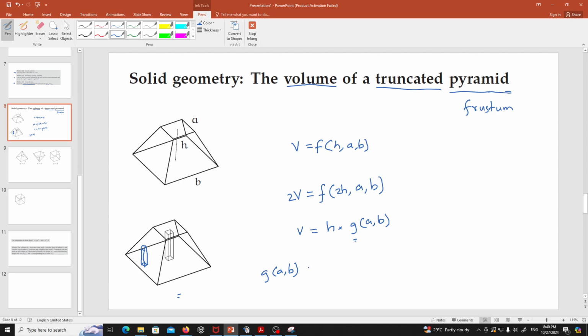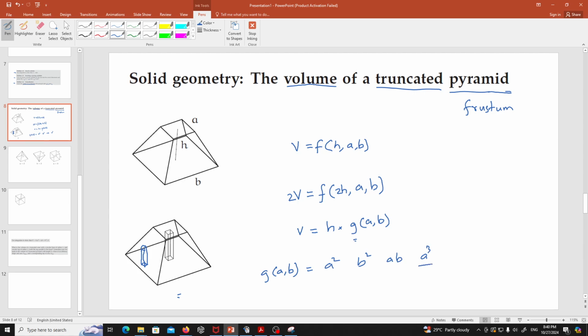Okay, so what are the combinations of a and b that will provide me the L square dimension? Maybe a square, and b square, ab,